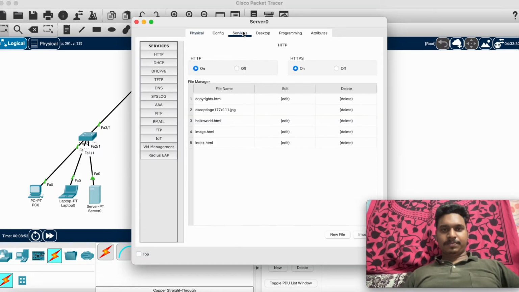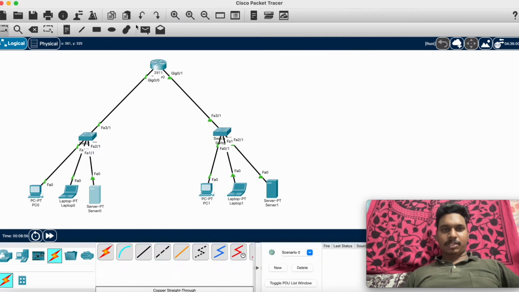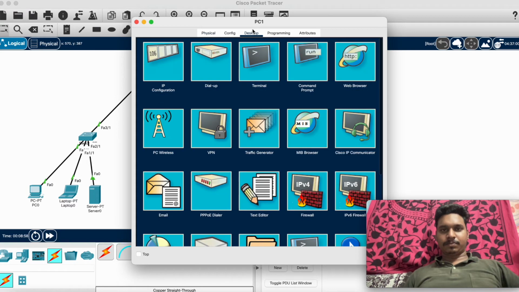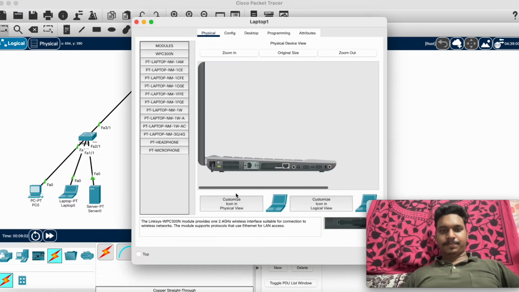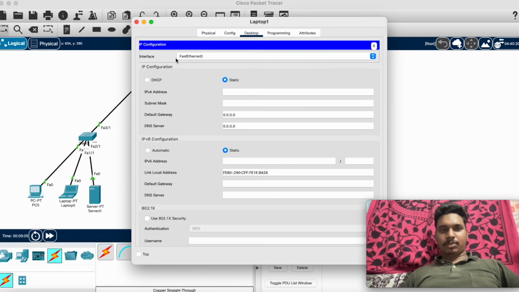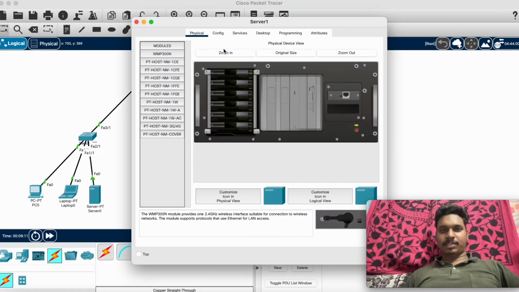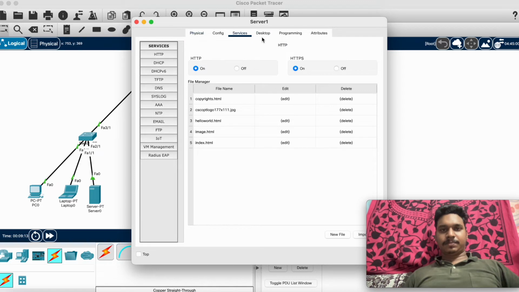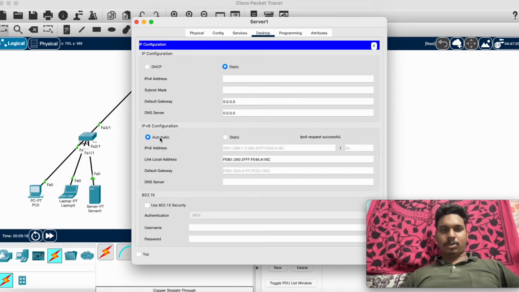In a similar way, we will change the next switch also: IPv6 configuration, desktop IP configuration, automatic. Now this server is left, and the desktop, automatic. So now everything has turned into automatic.